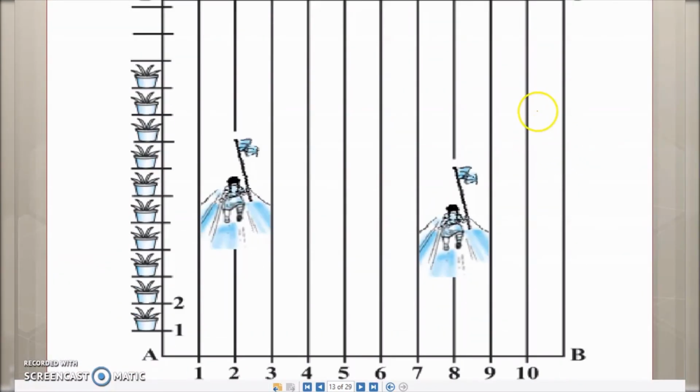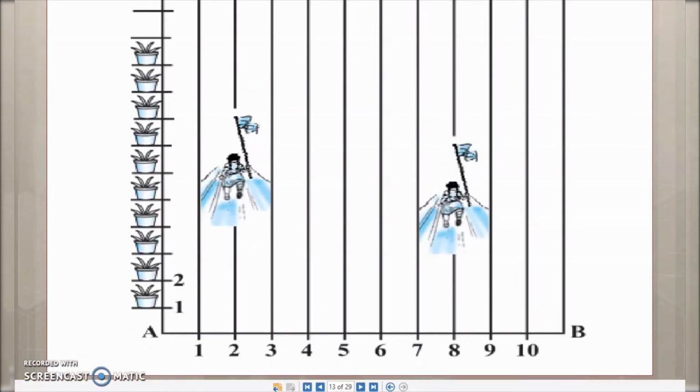So this is the way you can consider the school ground as a coordinate plane which has been divided into lines in this way at equal distance from each other. So these are the rows which have been drawn 1, 2, 3, 4 and so on, and this is how the flower pots have been placed, again at equal distance from each other. So because they are at equal distance from each other, this can be considered like a coordinate plane.